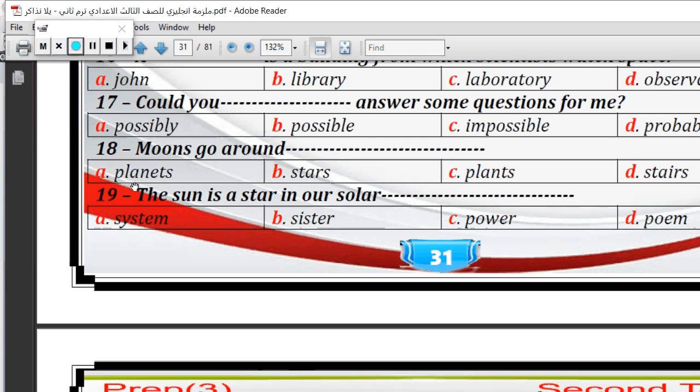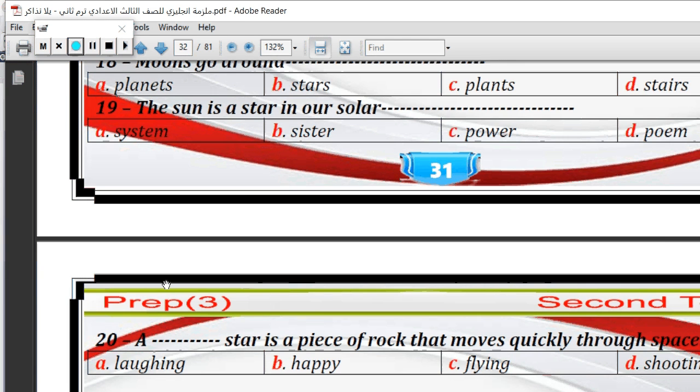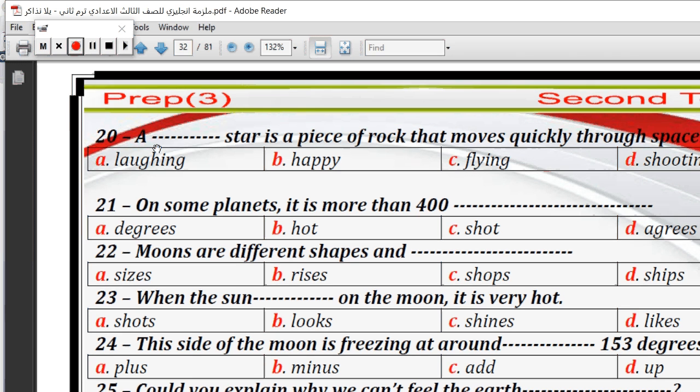Number 19. The sun is a star in our solar system, not sister. Okay. Number 20. A space star is a piece of rock that moves quickly through space. A laughing, a happy, a flying, or a shooting star. Excellent.